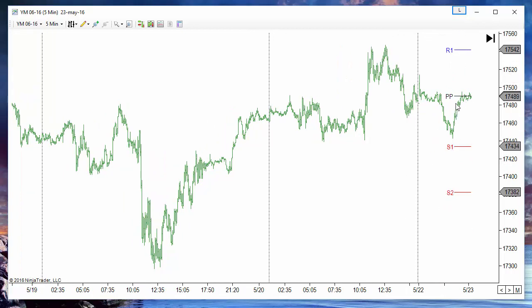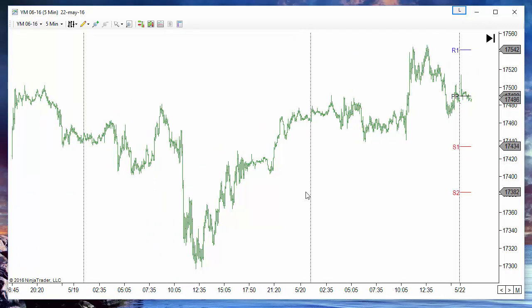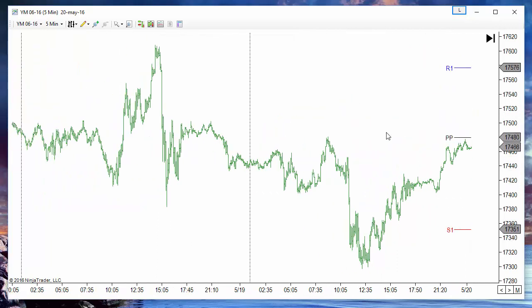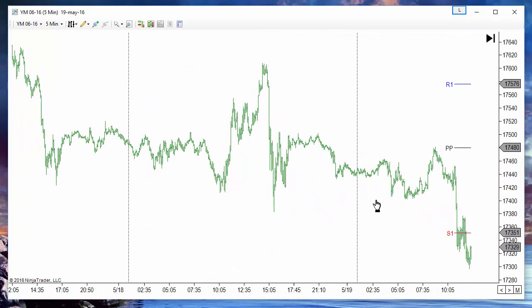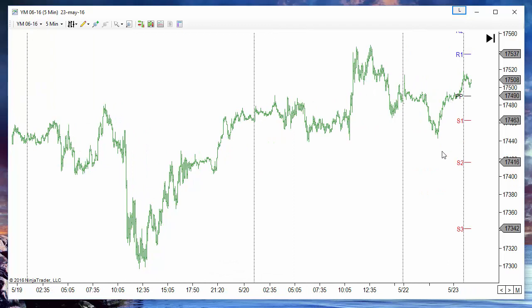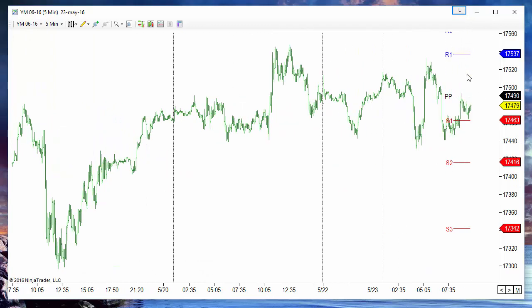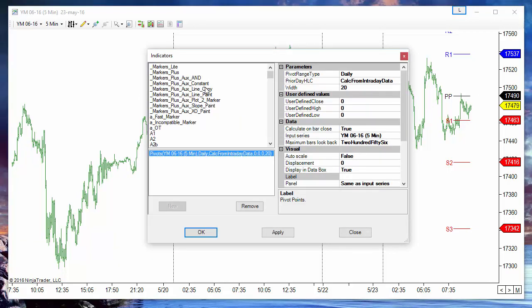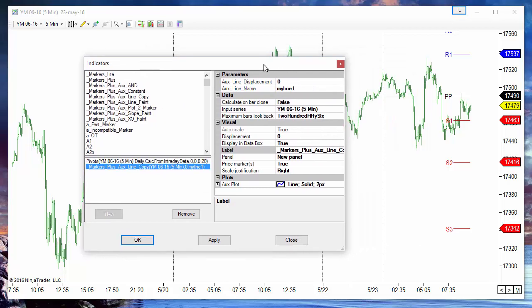As we can see, they offer very good support. So we can copy those values. On the Ninja version of the pivots indicator, we only get the current day values, but we can use the copy indicator to copy those values. Let's start with the line